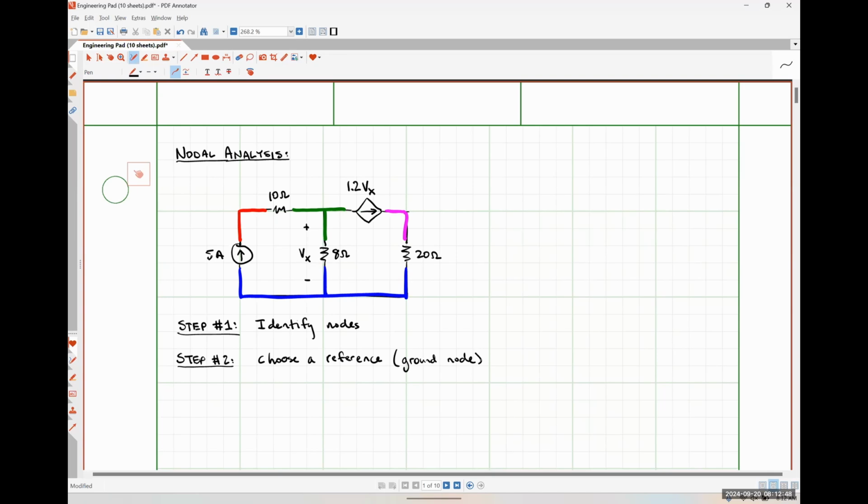The blue. So choosing the bottommost node is a fairly standard default choice, but technically speaking, things will work regardless of which node we choose as our reference. Okay. So now,